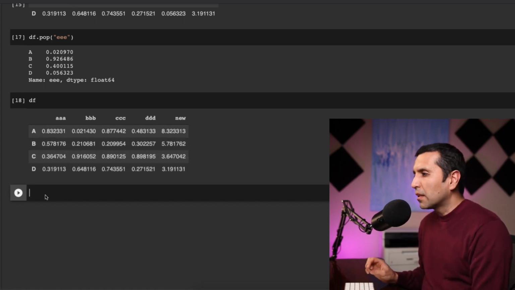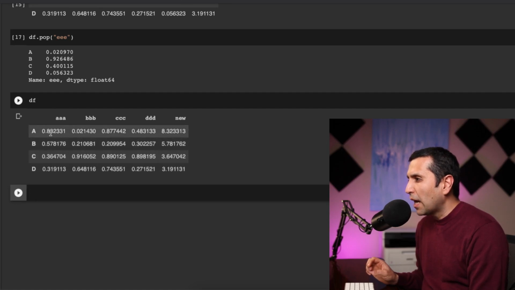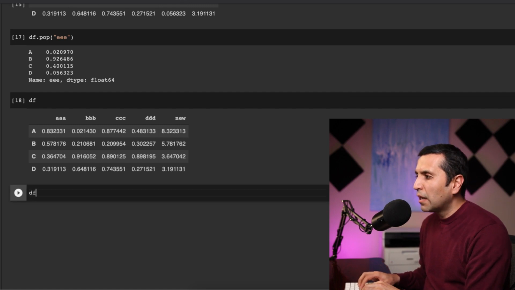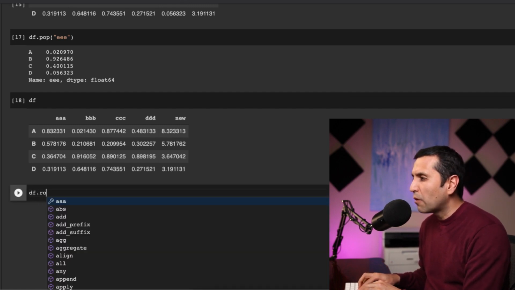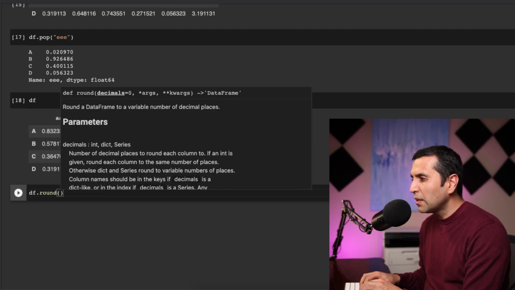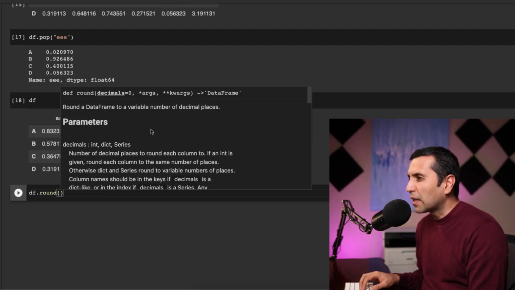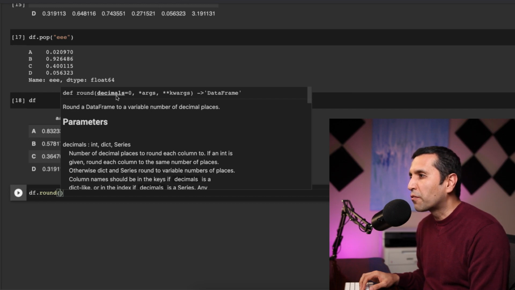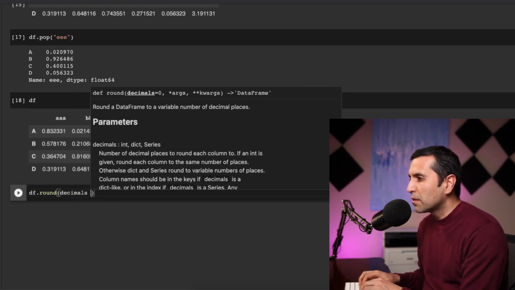Another method: imagine that we have a lot of data and all of them are decimals, and I need to simplify them, because right now I see 6 decimals, and somehow I want to minimize them. So from my data frame, I will say that I want to round. And right now, I like this way, it helps me. It says that inside as an argument, I need to specify what I want to do. So for the decimals, I will say my decimals will be equal to